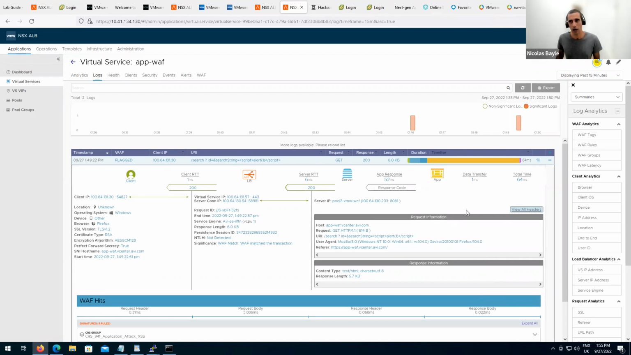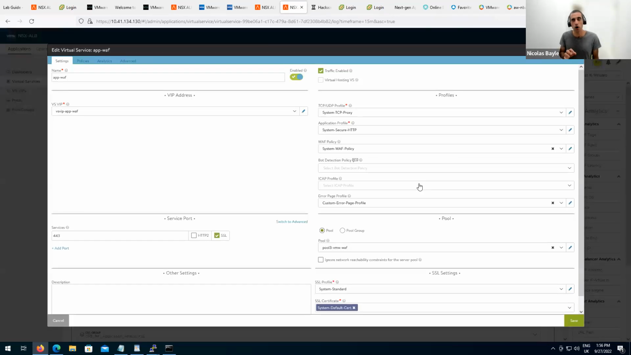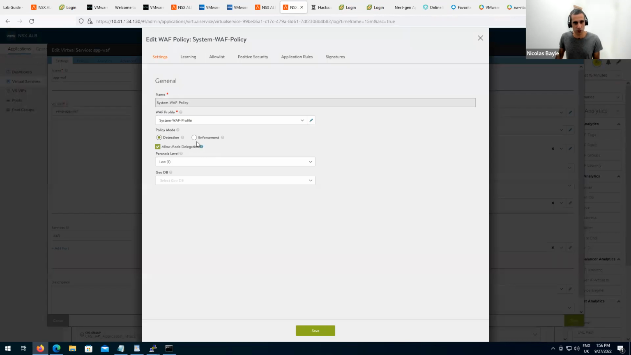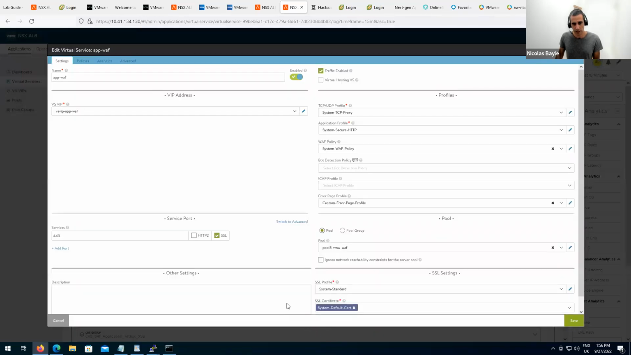Let me show you. Remember, we have this WAF policy, and it has been enabled in detection mode only. So only detection, no enforcement. If I take this WAF policy and I switch from detection mode to enforcement mode here, and I save it,